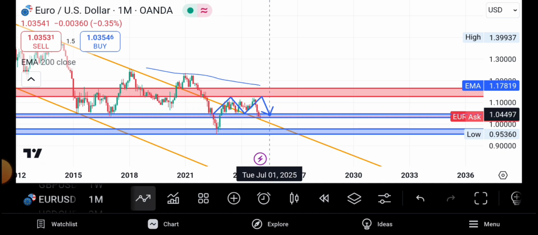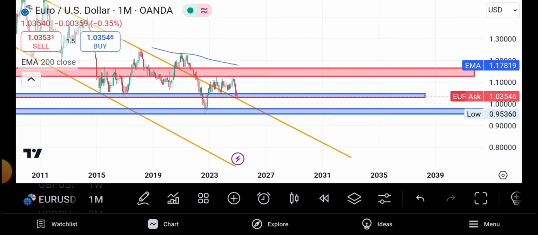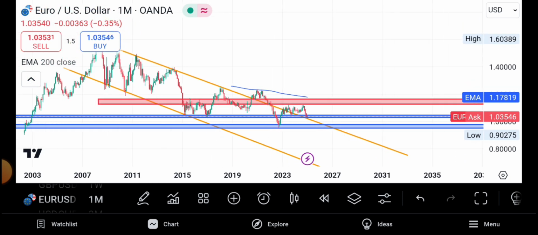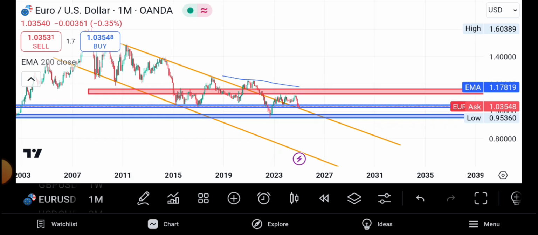And if you know very well, it is very hard to trade when the price action is in the ranging zone. Why? Because anything can happen. Buyers can take control and break the range upward, or sellers can take control and break the range downward. I hope I'm clear up to there. So let us continue to analyze this market on the monthly.